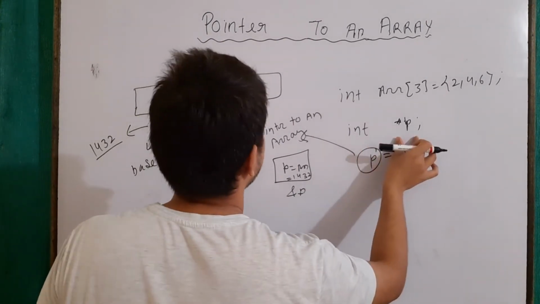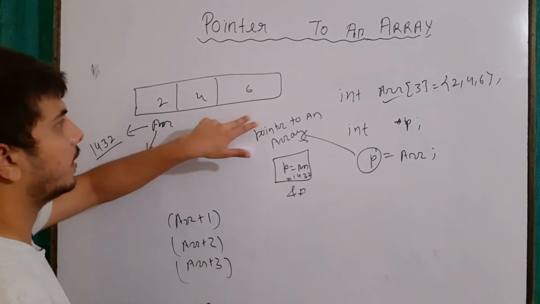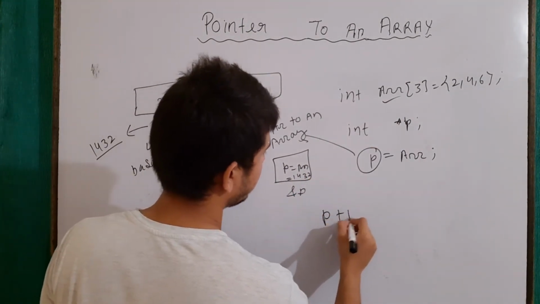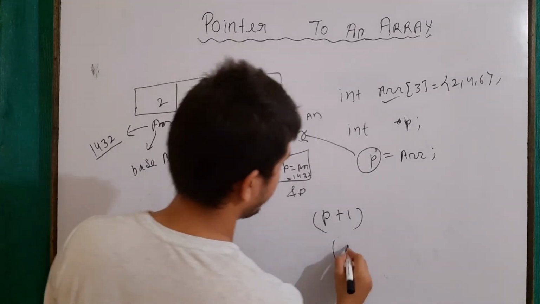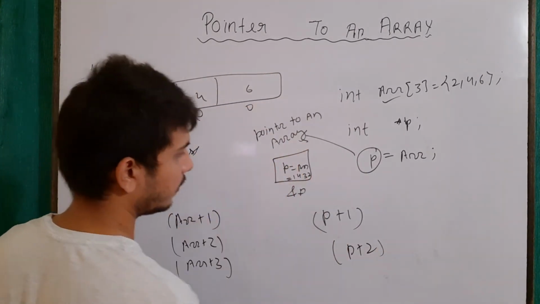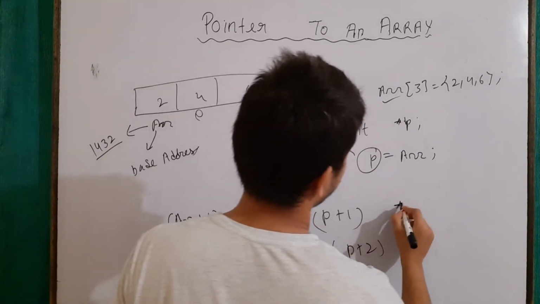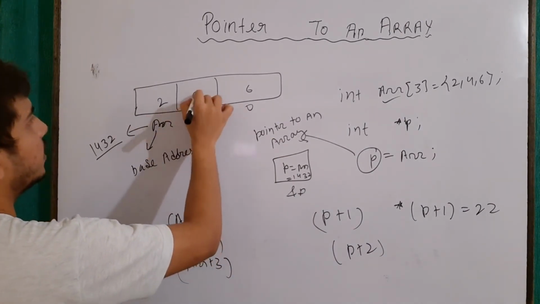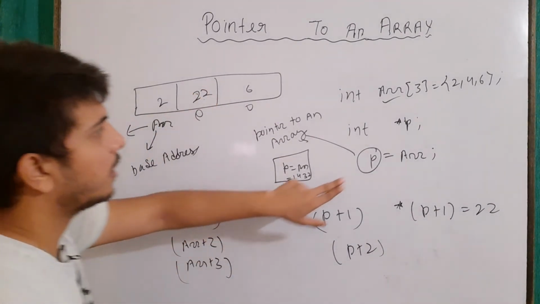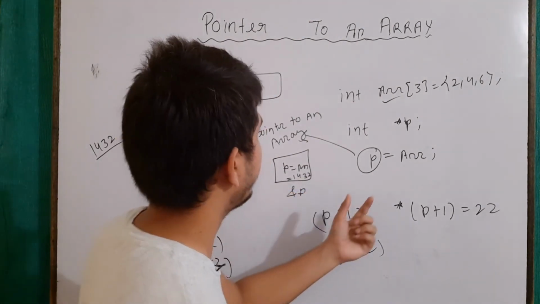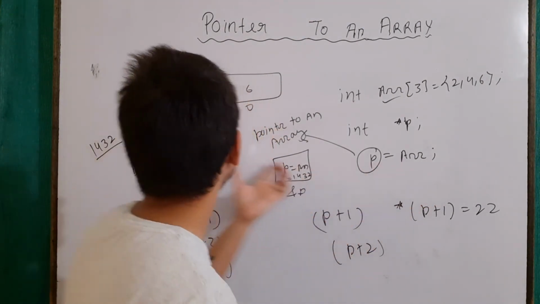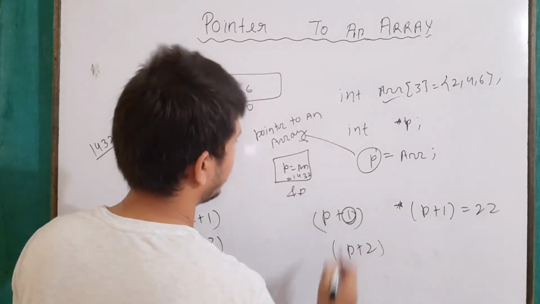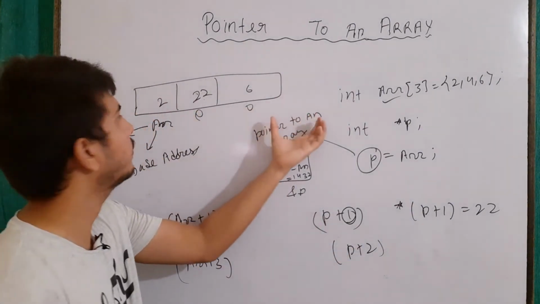So now we can access using array 0, array 1, array 2, or using this. How? Using the pointer to an array. Let's say p plus 1 for accessing this element, p plus 2 for accessing this element. And to change these values, what I will do is asterisk of p plus 1 equals 22. So whatever is present in this address will now be changed to 22. So this variable is known as the pointer to an array. What is simply happening is that it is holding the base address of our array. Then we can increment the values using pointer arithmetic and access any arbitrary location which we require.